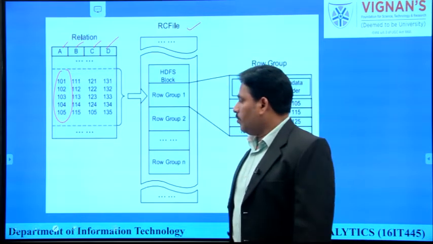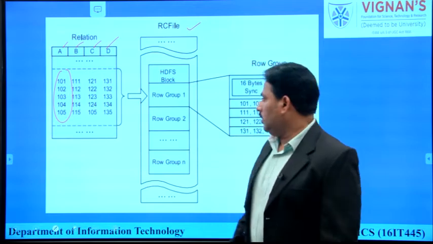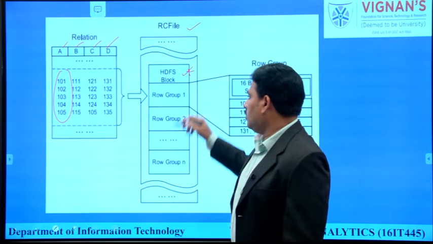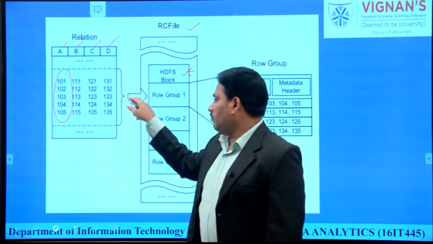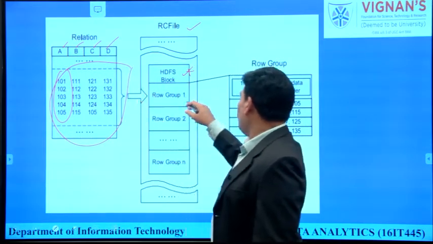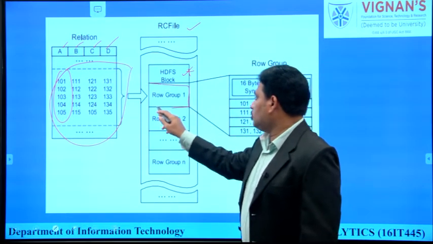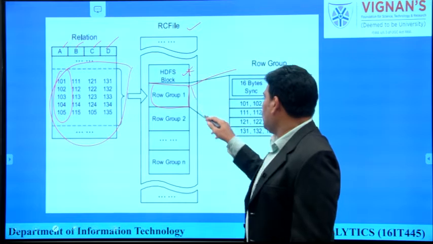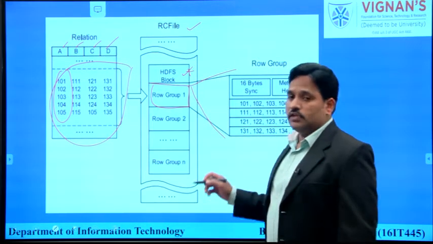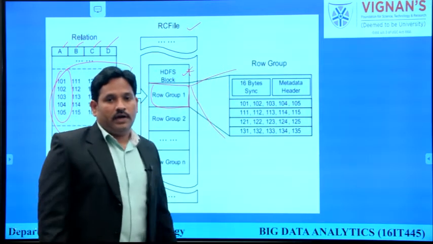In the RC file format, row wise or group wise data is stored in the HDFS environment. In every HDFS block, the complete data accessed from the relational table is stored row group wise. Here is the representation of row group 1. Every group has a fixed amount of size with some metadata header.